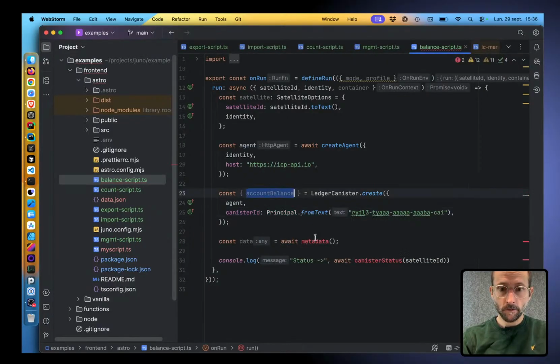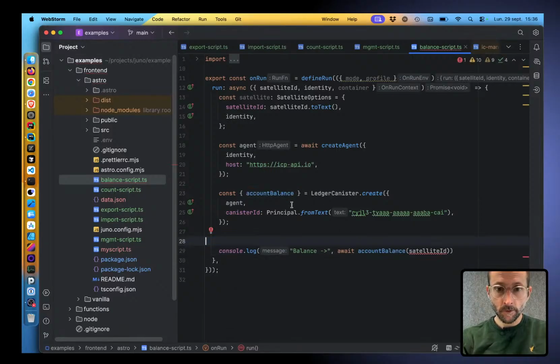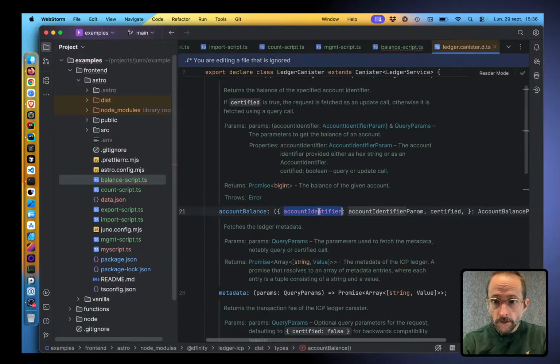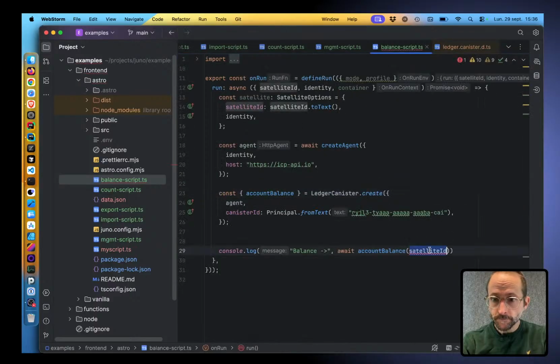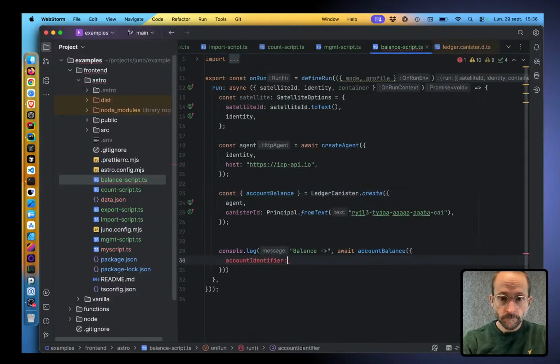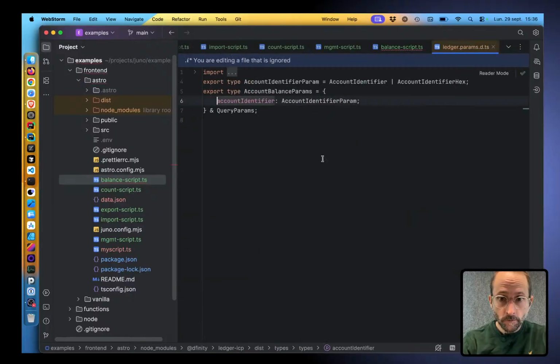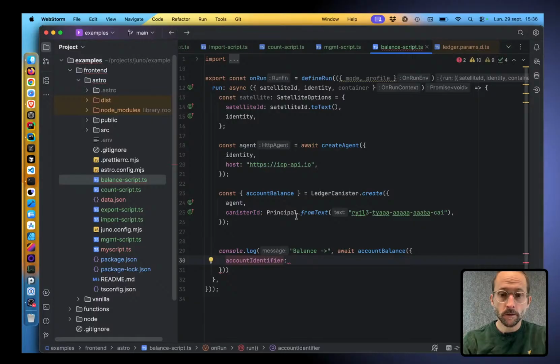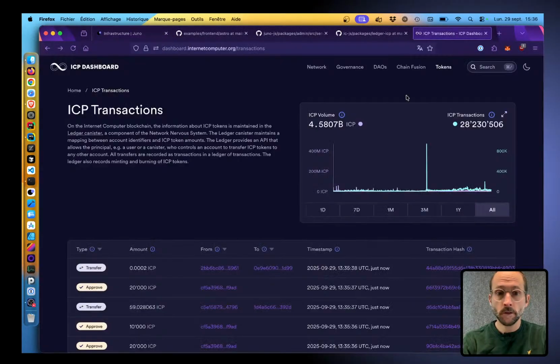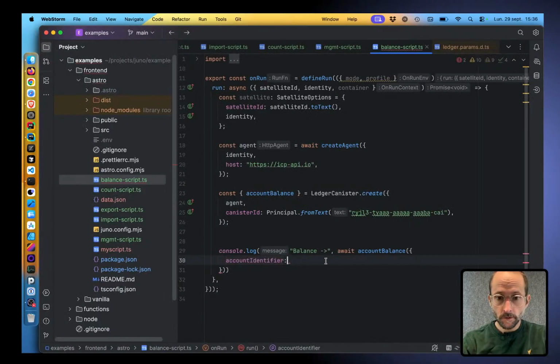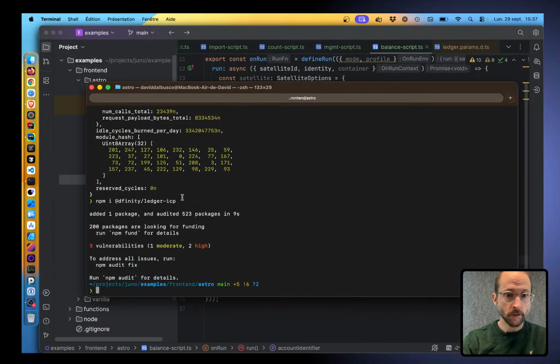Okay, and here we're gonna do balance. And what does it want? Account identifier, which is of type account identifier param, which can be a string. So we just go here and I take, where was it? This one here. And if we run that,